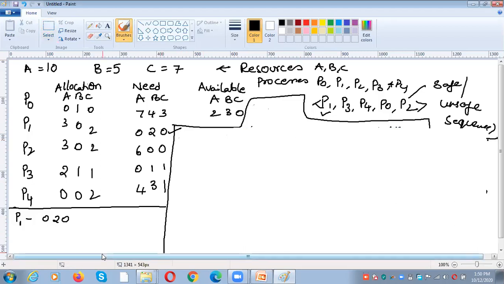Okay. Now let me explain the example. Directly, how many resources are needed by the process? 0 2 0 is the need for the P1 process. In the sequence, the first process is P1, so we have to give 0 2 0. How many are available? 2 3 0 available. That means from the available resources 2 3 0, we need to subtract 0 2 0. So 2, 3 minus 2 is 1, 0. Now 2 1 0 are available.